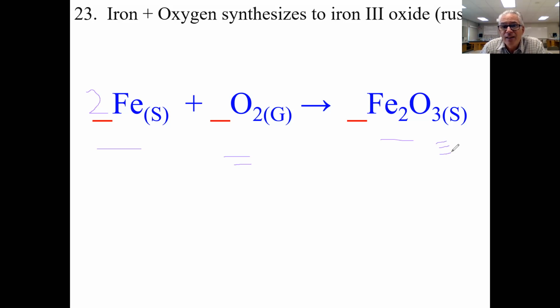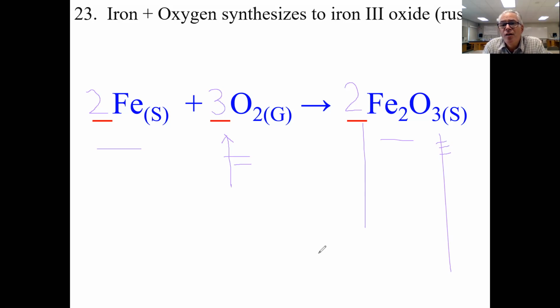So the rule of thumb is whatever the odd one is, in this case O3, let's double that. So that means I'm going to put a 2 right here. And by doing that, I now have 2 O3s, which gives me 6 oxygens, which is an even number, and I can deal with that. How am I going to get 6 oxygens over here? Because I have 2 O3s. That's 6 oxygens in the product. How am I going to get 6 oxygens in the reactant? Well, I got to put a 3 here,